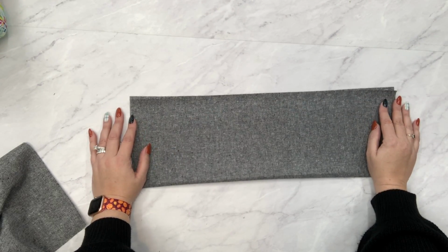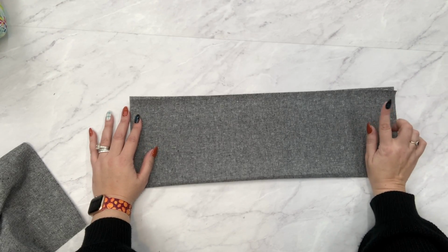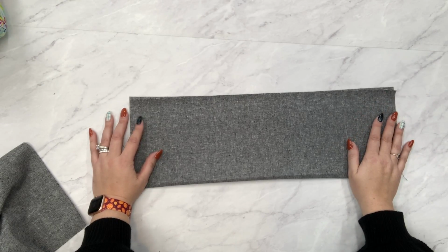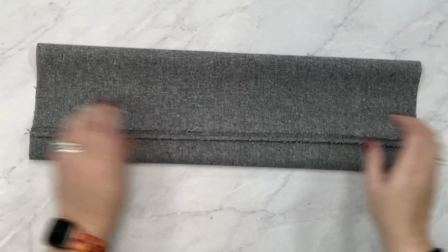That's going to create a long tube. Once you have that done, we're going to press and then turn and top stitch. So I'm going to stitch both of these up and I'll be back to show you how to press and where to top stitch. So I stitched my pocket together to make a long tube,